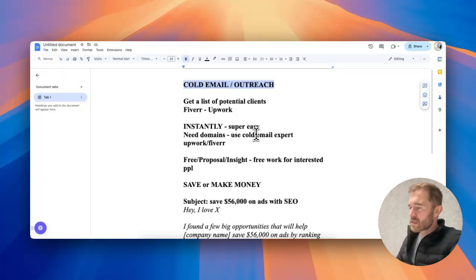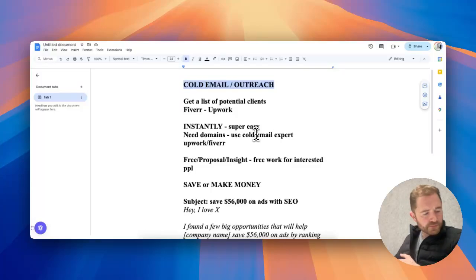I'm not going to go into detail on how to use the software or how to build lists because I think with a little bit of budget, you can get people on Fiverr or Upwork to build the lists. You can get someone to set up your Instantly and get your domains. But I'm just going to go through the process of how to do this and what I'd send in the